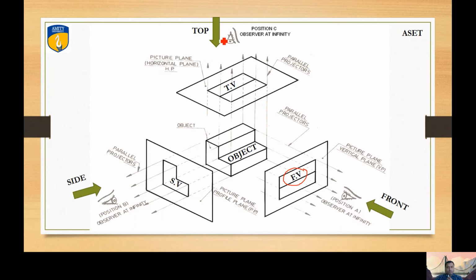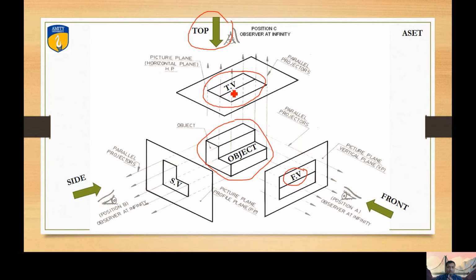Okay, top. Now the observer is shifted to the top position. So this is my top observer. Now he is looking at the same object. The object location has not been changed. It's not required to change the location of the object. The object is fixed in the same place. So when the top observer is looking at the object, the image appears like this. The view which is obtained is called the top view.